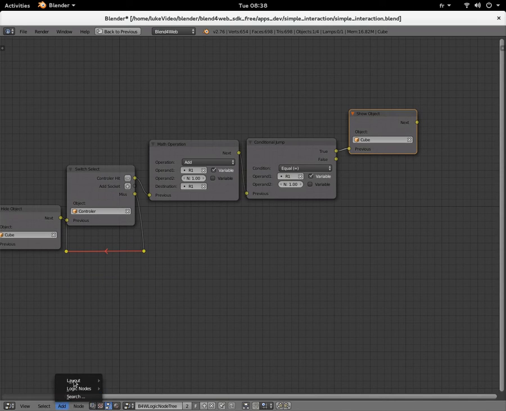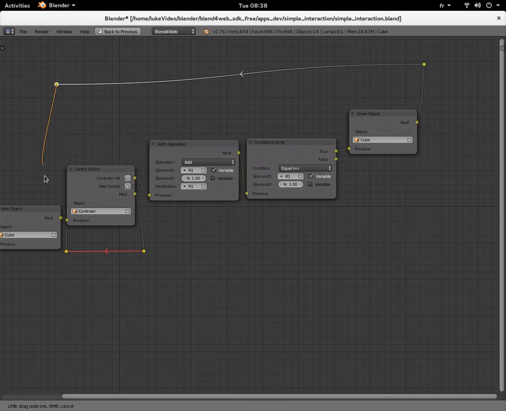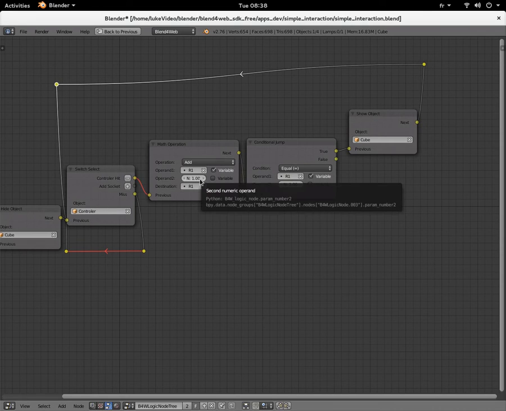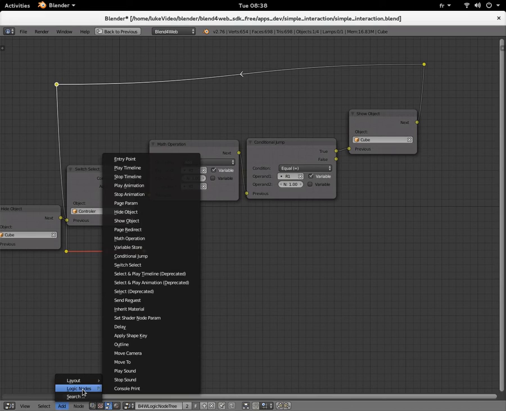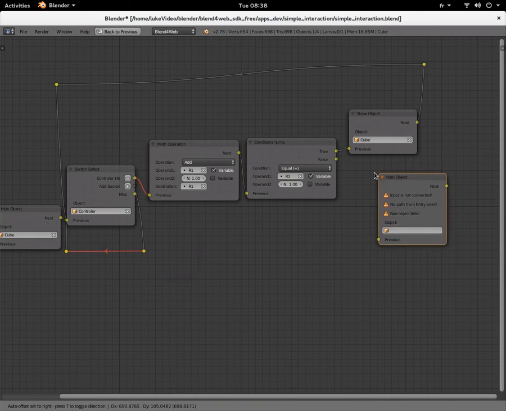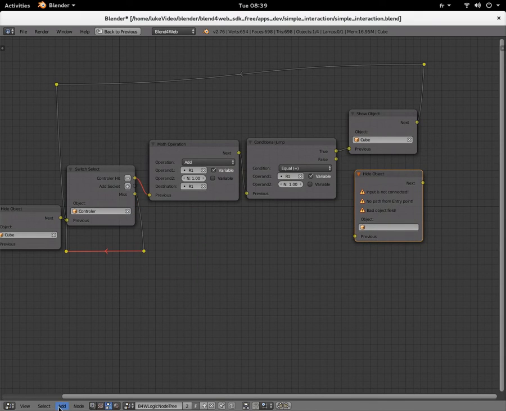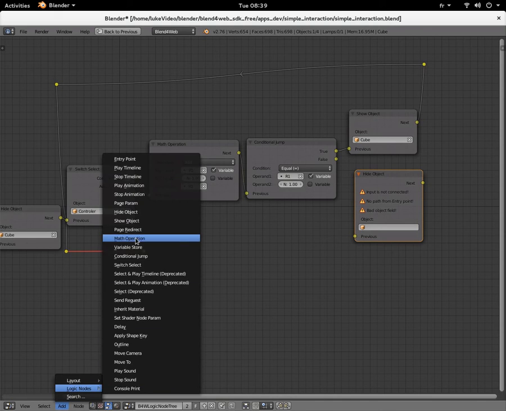I'm going to go into add, layout, reroute. I'm going to go with the top way, Shift D to duplicate it. Next, I'm going to check if I click the controller, I'm going to add 1 again. It's going to be equal to 2. So now the output of this node is false. So you would hide your object. Of course, sorry, add logic node,